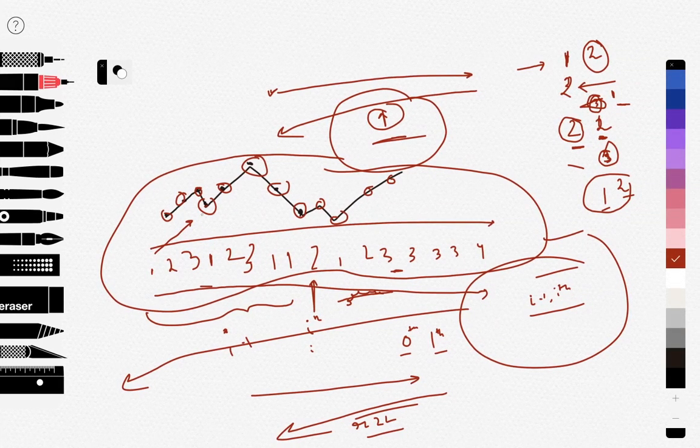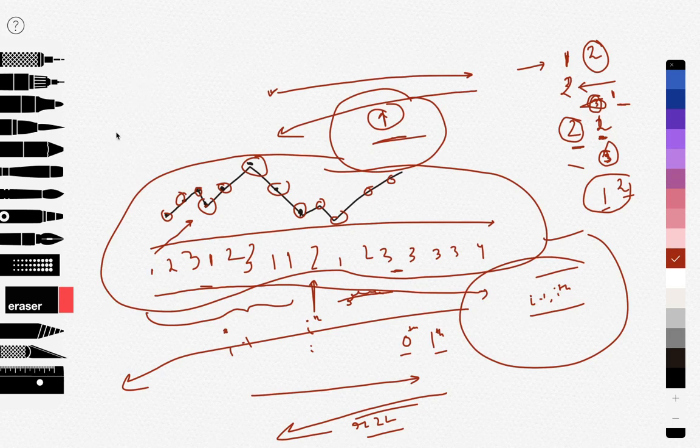So the only idea is to check once while going from left to right and check once while going from right to left. I might not have explained this very properly, but it's pretty intuitive, so I did that question like that. But there's one more way to do this question, and that is a bit lengthy, but it is very easy to explain.